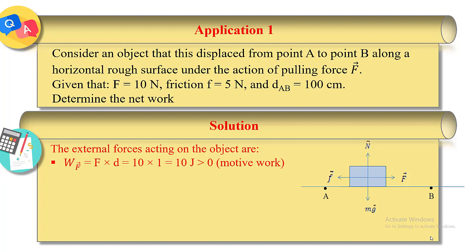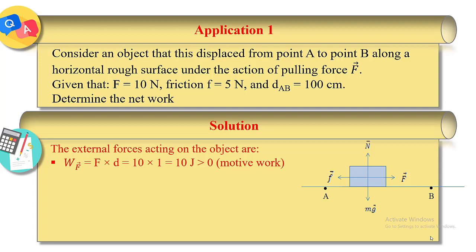The work done by the pulling force is equal to F times D. From the given, we have F equal to 10 and the displacement is equal to 100 centimeter. We have to convert it into SI unit, into meter, so we have to divide by 100, so it becomes 1. So the work done by the pulling force is equal to 10 times 1, equal to 10 joule,